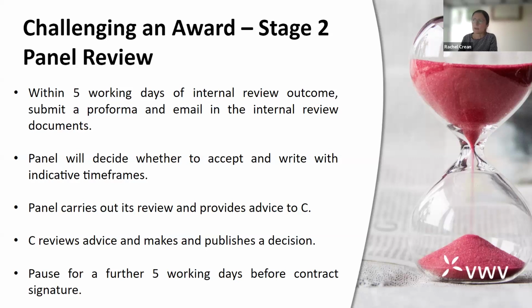will only accept a case where the commissioner has decided to press ahead with the contract award. So if after the internal review, the commissioner decides to wind back the process a bit, but not completely abandon it, then you would have to wait for a second contract award decision to be made and go through the internal review process again before you can refer it to the panel. And you just need to be mindful of potential judicial review deadlines if you're waiting for all of that to